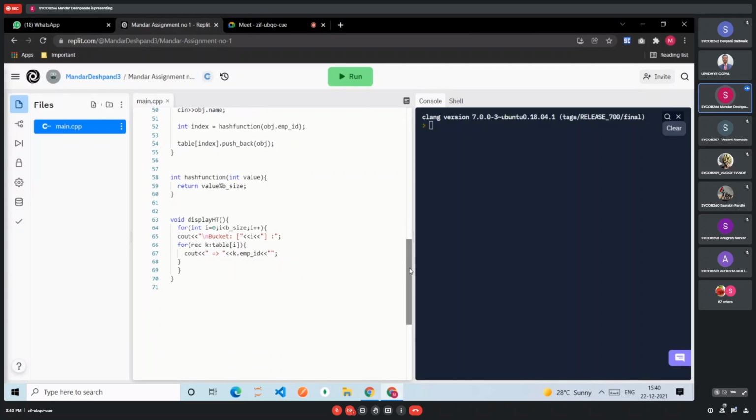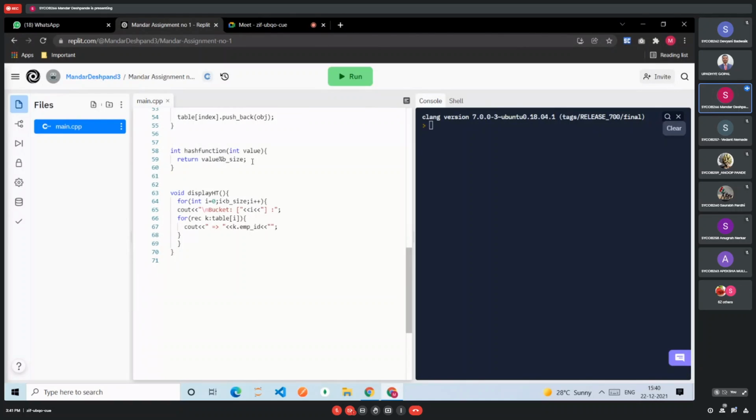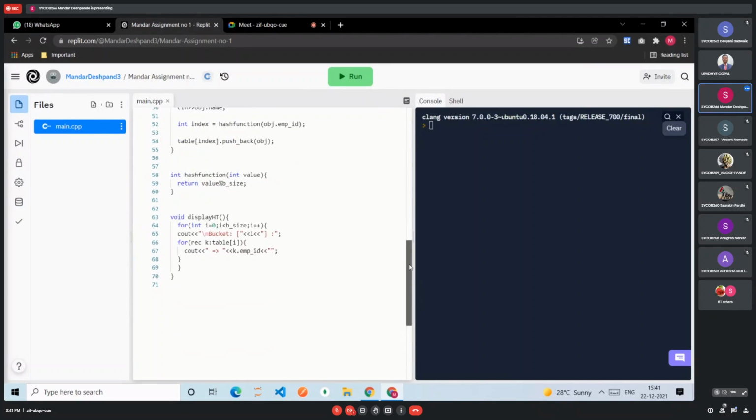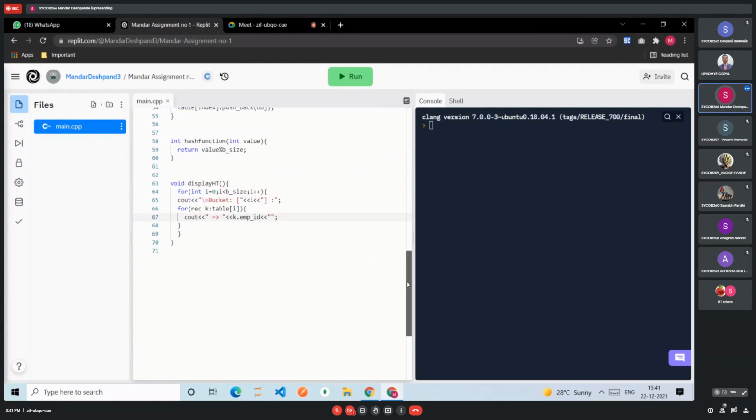This is the push_back operation I used, and here with the help of the hash function, which is a mod operator, I use modulus 10 as the hash function. The hash table is used to arrange the employee ID serial wise. It makes it better.